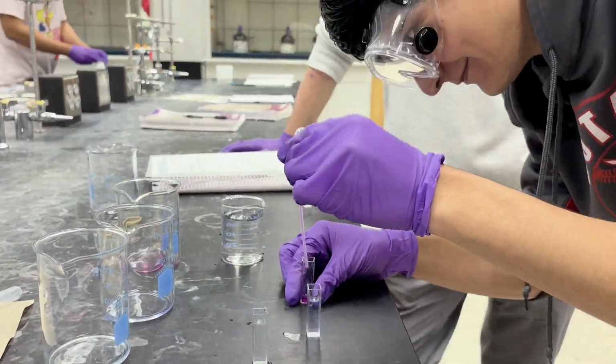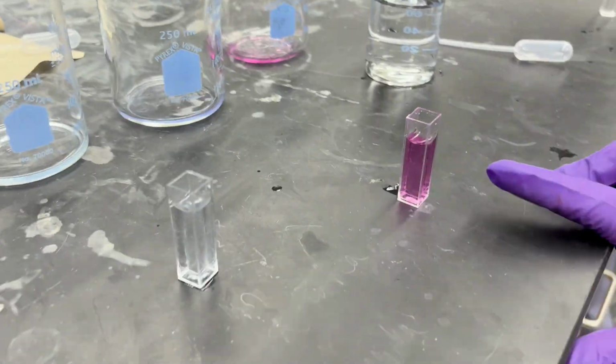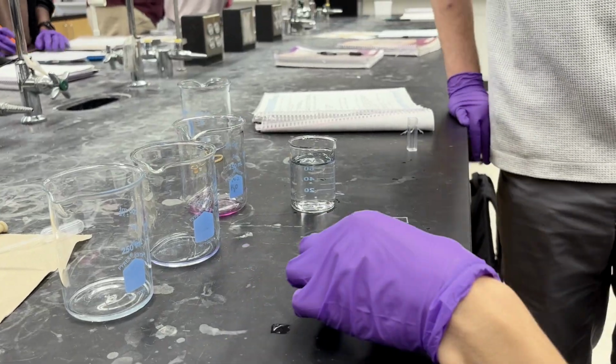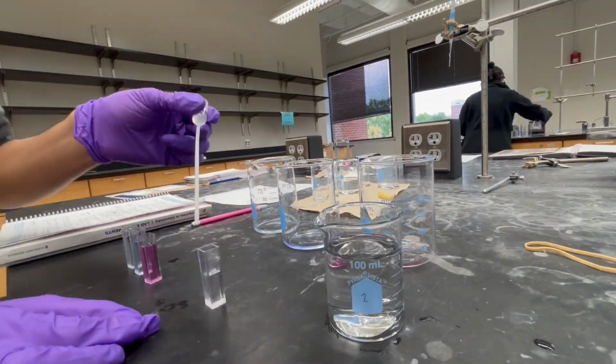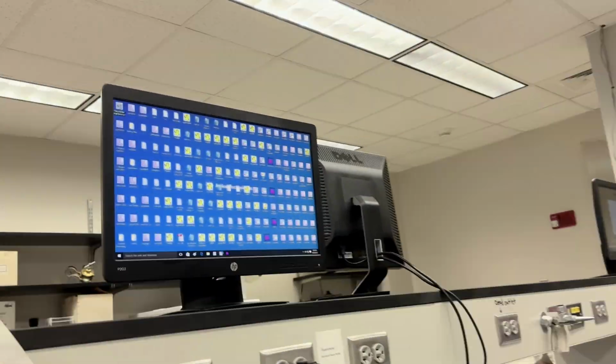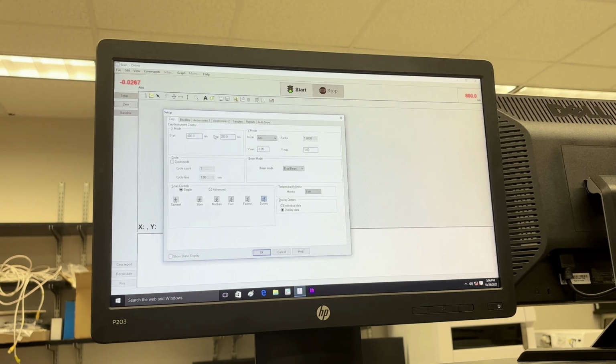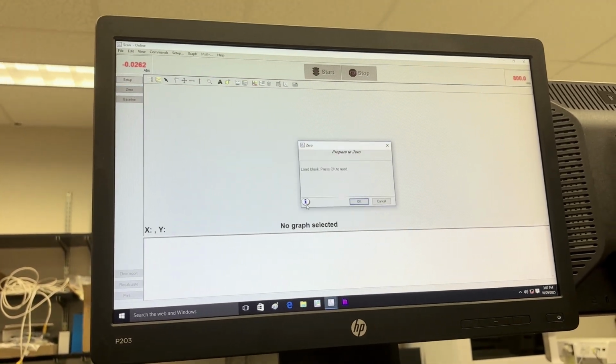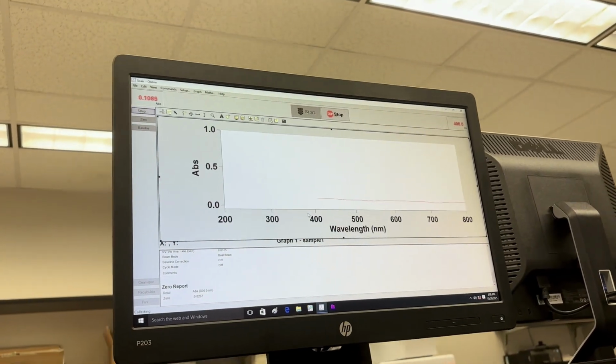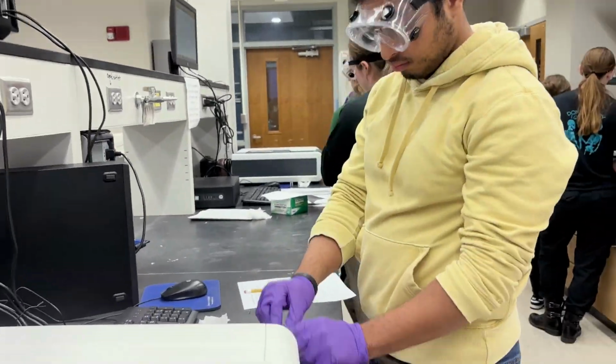We open the app on the screen, and then before placing any cuvette into the machine, we wipe the clear sides thoroughly with a lint-free tissue to remove fingerprints, dust, and other things. The frosted or labeled sides should always face left and right, so the clear sides align with the light beam. And then we open the lid and insert the water cuvette, and then we close the lid and press 0